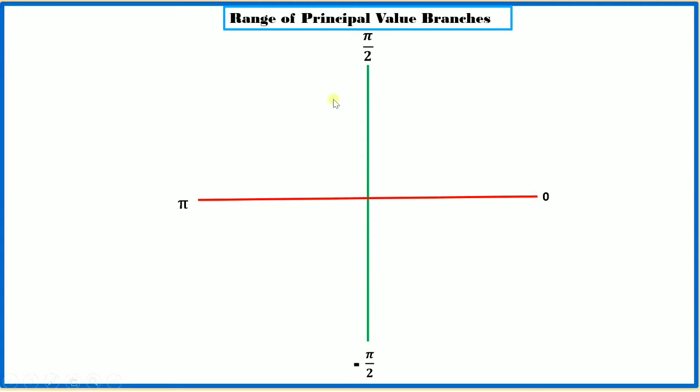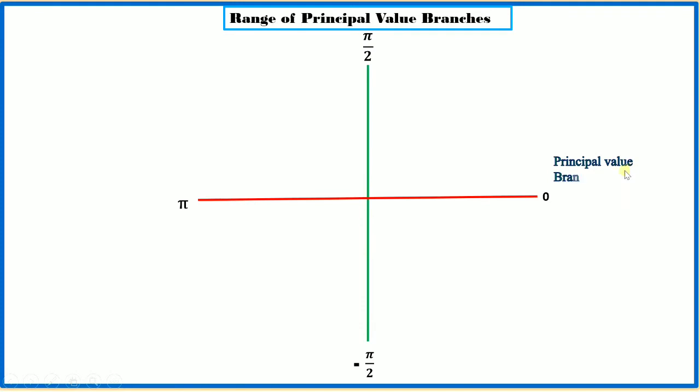Otherwise, if we come this way via pi, then we will have 3 pi by 2 at this particular point. So we have moved from 0 to this direction, and we will be moving from 0 to this direction. So this is plus pi by 2 and this is minus pi by 2. But you need to remember this angle we have taken clockwise, and this angle we have taken anti-clockwise. When we take an angle anti-clockwise, it will be positive, and when we take an angle clockwise, it will be negative.